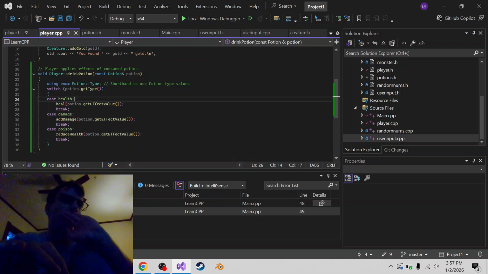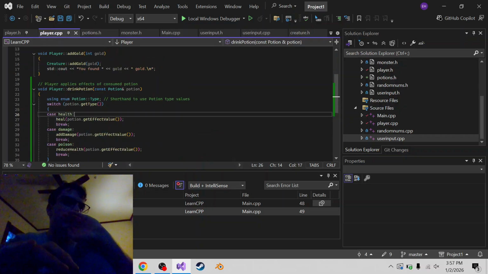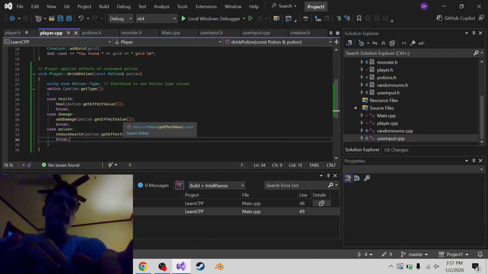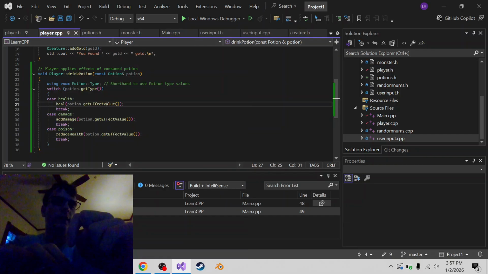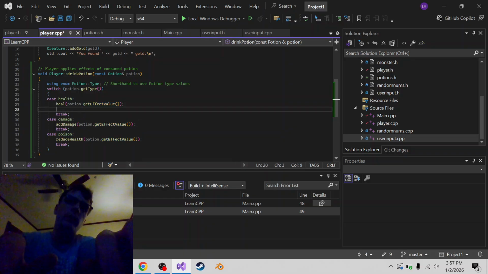Or I could just put them in here. So there's get type. Actually, I don't want to do that. I don't want to say what the name is. I just want to say the effects because it's kind of more ominous. So we'll heal and we'll say